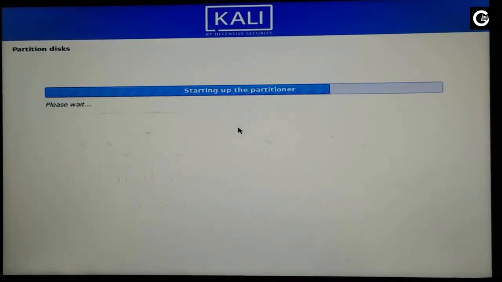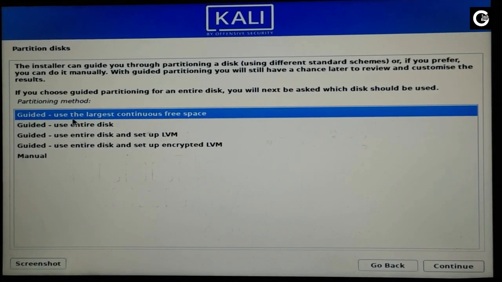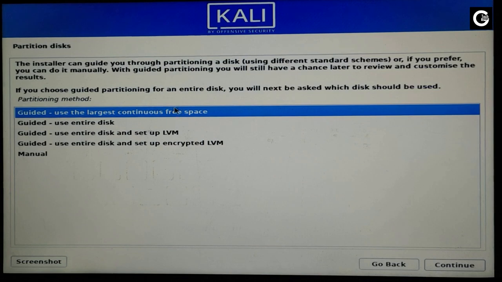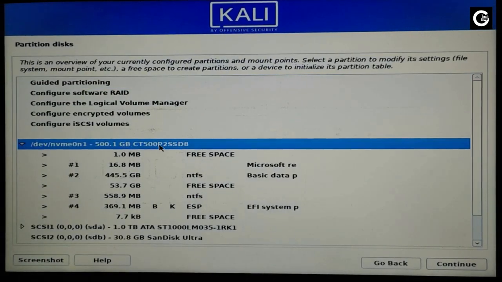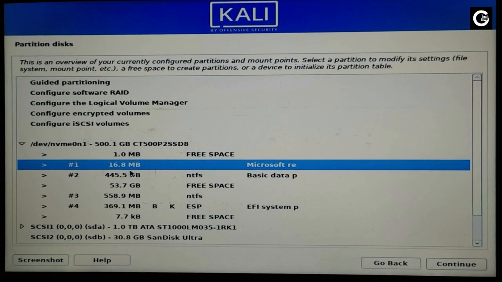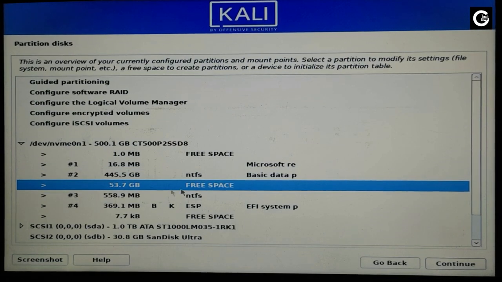It's time to create partitions for Kali Linux. Since we have already created free space for Kali Linux, we will be creating partitions manually. Choose this manual option over here and continue. It will list all drives connected to the PC or laptop. My PC has one SSD and one hard drive. I have created free space in my SSD. You can see all Windows-related partitions along with the free space that we created in step number 3